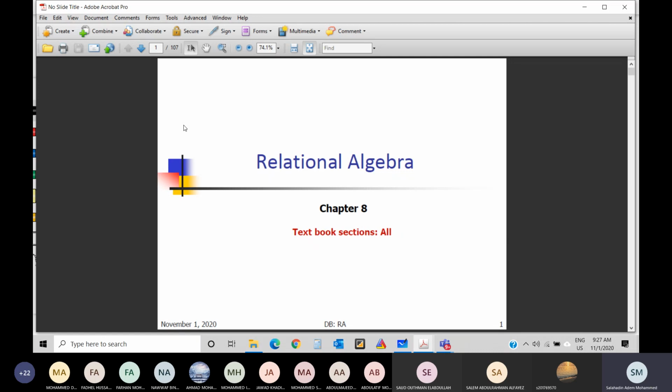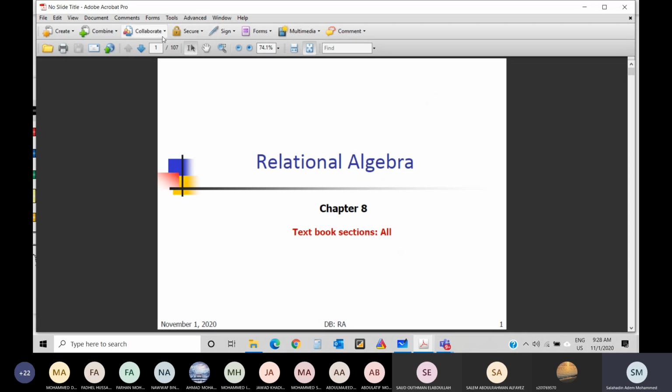But what do we do? Instead of writing select, we are going to use some symbols. But why do we need to study relational algebra? You will not use it for your project, definitely. The reason we are teaching relational algebra is for those of you who are going to go through masters and PhD, you might need this, especially if you are going to do your research in what they call database. And of course, I'm going to bring some questions, quizzes, exams, so you should know it also. Don't forget it. This is another reason to motivate you. So relational algebra, it is a language.